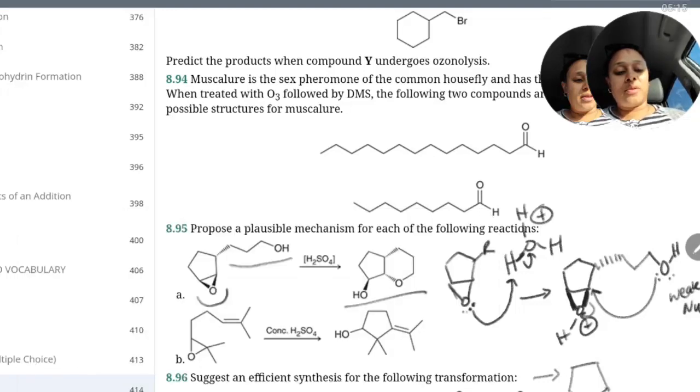And so now we get an alcohol on one side, and then on the other side,